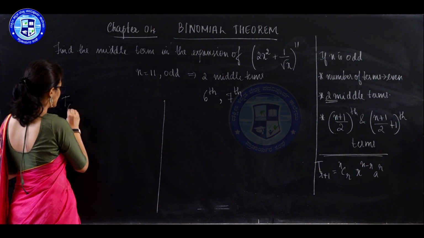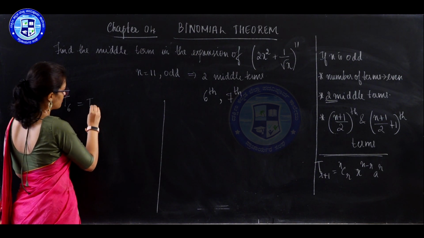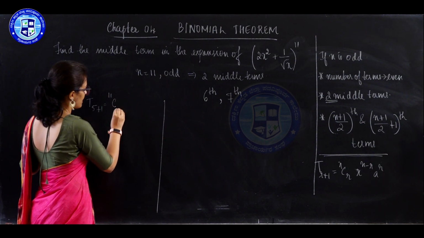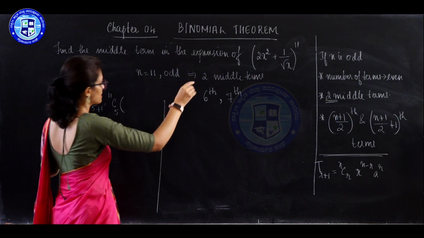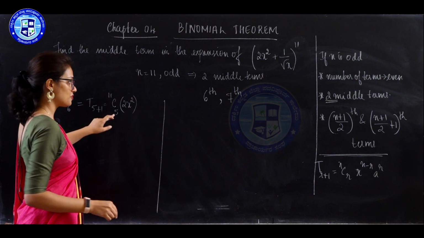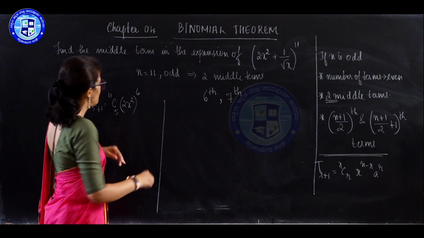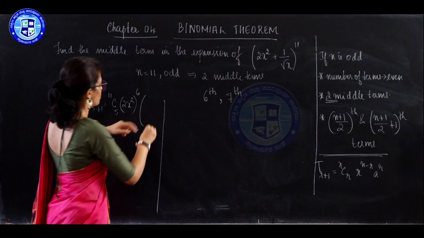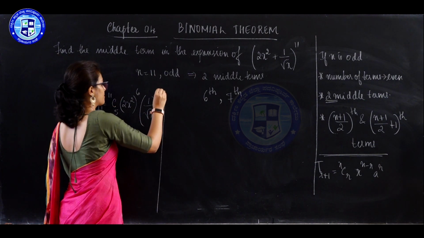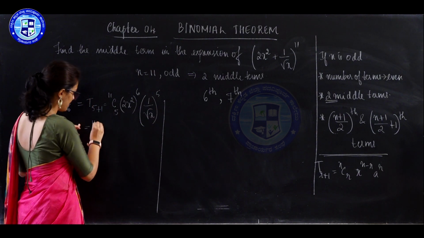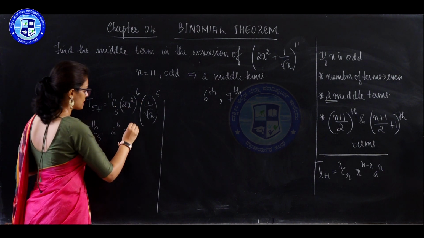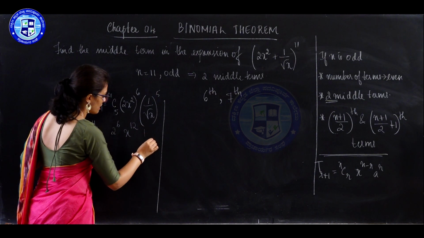We have T6. T6 can be written as T5 plus 1. In the general form, substitute this: 11C5 x to the power, in the place of x we have 2x square. So, (2x square) to the power 11 minus 5, which is equal to 6. There is a plus term, so (1 by root x) to the power r. What is r? r is 5. So, this will be equal to 11C5 2 to the power 6 x to the power 2 into 6, that is 12. Here you get 1 by,